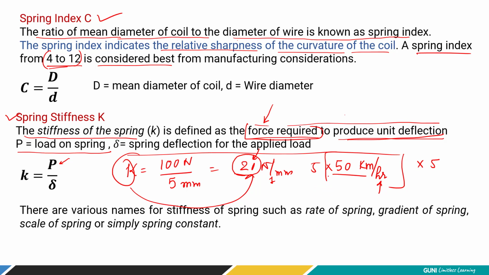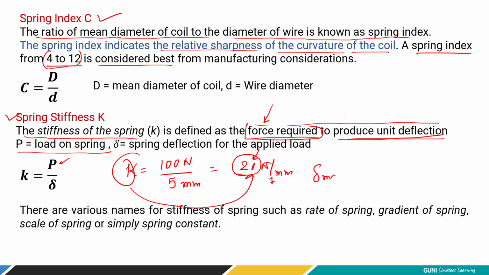So similarly, once you know the spring stiffness value, you can calculate either the maximum deflection possible, or the force you have to apply to get this much deflection, right? Based on the situation, either you are applying the force or you are deflecting it, right? So it's a very important term associated with spring design, right? By definition, it's the force required to produce unit deflection, meaning 1.